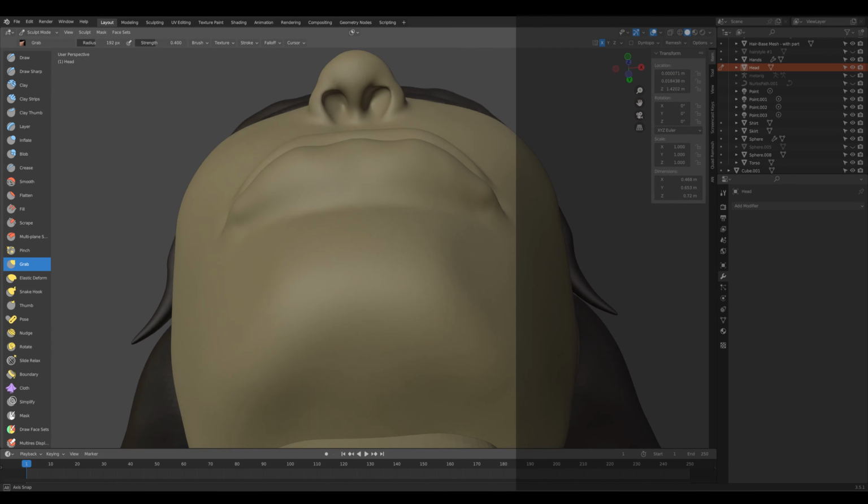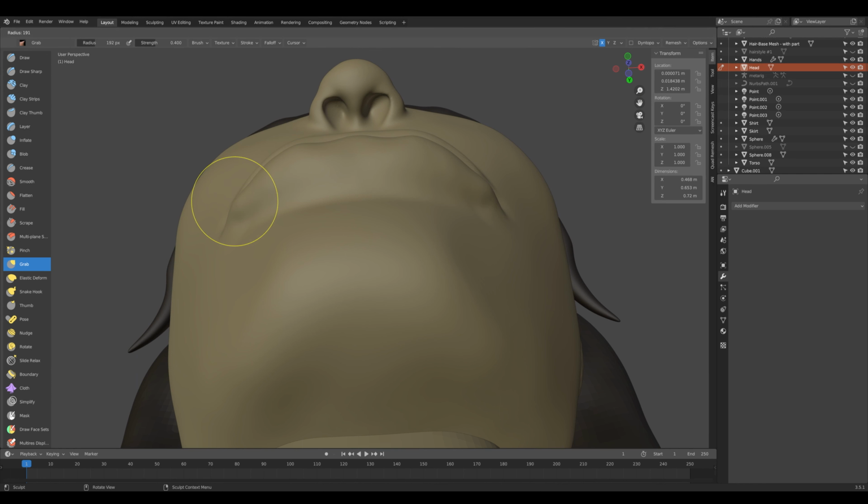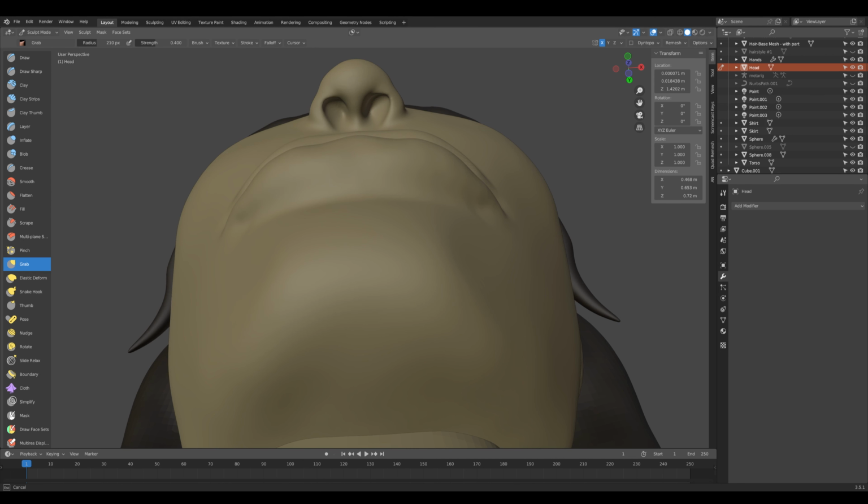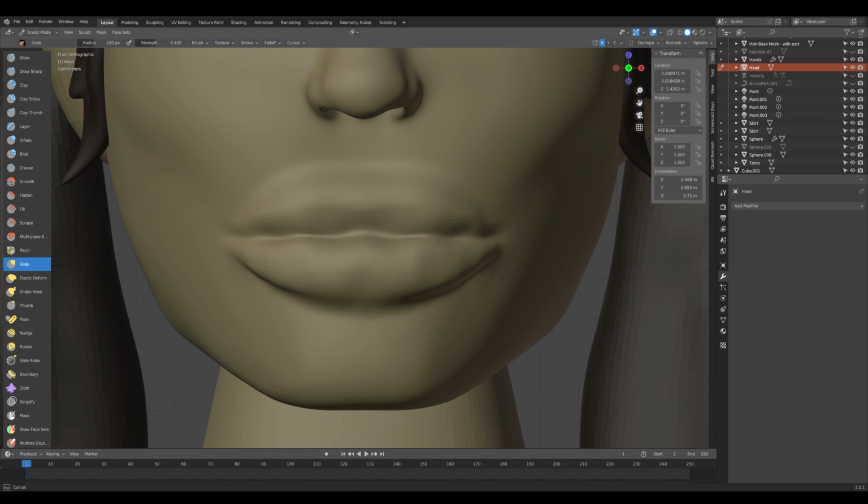And with this one, we can change the outline of the lip. So if we didn't like it after the draw tool, we can pull it up, down, and actually we can add a little bit of plumpness to the middle of the lip where we want it. And then also this is the first step we're gonna look at the side angles, so make sure you do that. All right, and then we'll put the grab brush up and move into step 3.